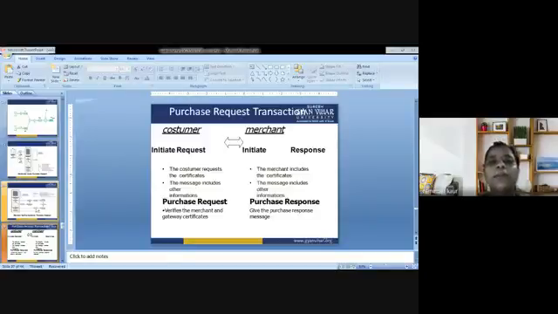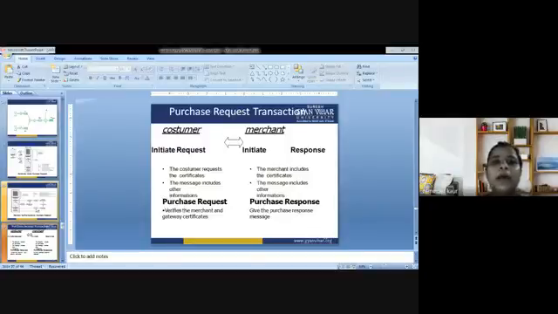So what could be the participants here? What are the roles of participants? That is, the SET system includes various participants, that is cardholder, merchant. Now what is a merchant? It is a person who trades in commodities produced by other people, especially one who trades with foreign countries. Next is issuer, that is, the issuing bank is the bank that offers card association branded payment cards directly to the consumer, for example credit card, debit card.